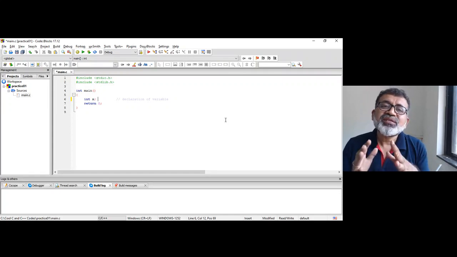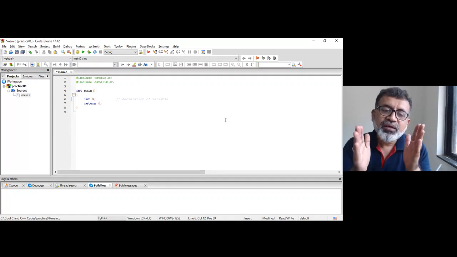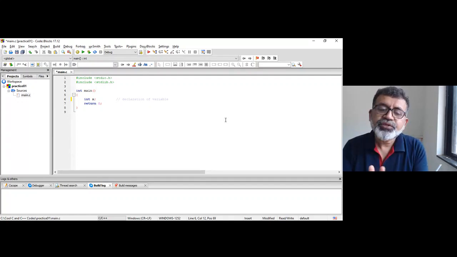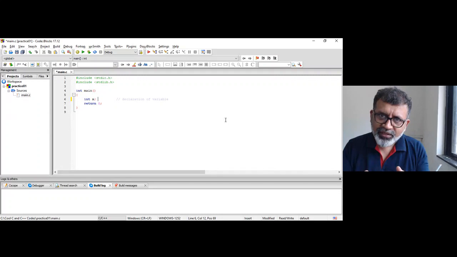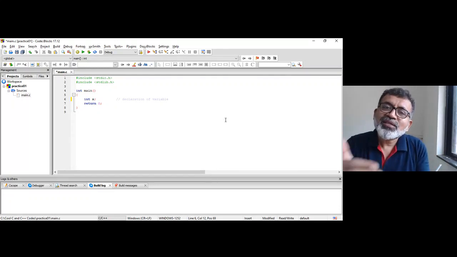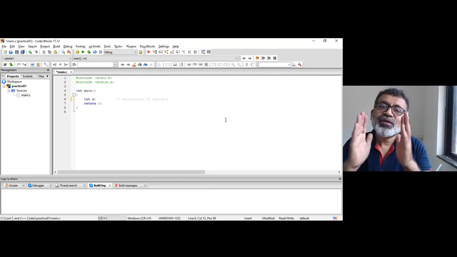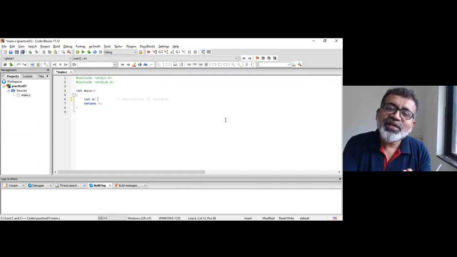x is the name of the variable, int is the data type. By mentioning int to the compiler, we are telling the compiler to allocate memory for x, and how much memory, that we are telling the compiler you decide, because you have been designed to allocate memory on the basis of data type.